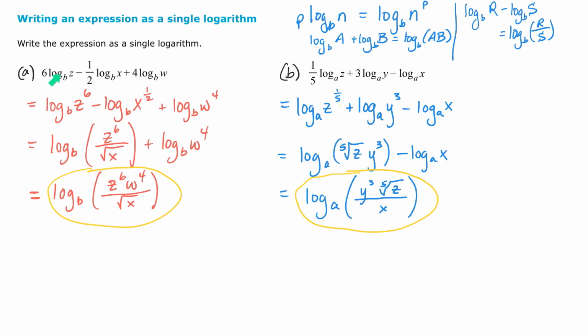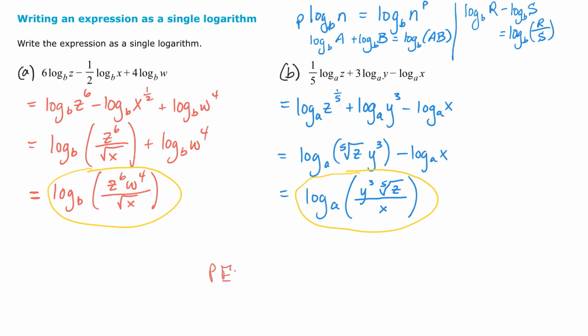So right here, there's a coefficient of 6 in front of this logarithm. So we went ahead and used this property, the coefficient of p in front of this logarithm. Then we write log base b n to the p. And that's what happened here, and here, and here. Then reading this from left to right, we perform the order of operations, right? I mean, it is just order of operation in our case is